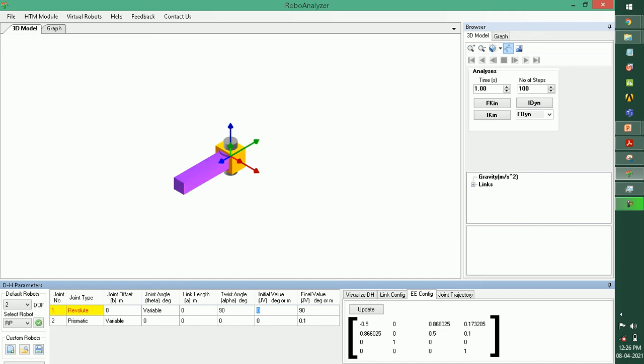So you have to fill that value over here in joint angle, 90. After this, you have to fill the value of link length, which is going to be 0 in our case. Over here you can see that the joint angle is going to be variable, so that value is filled over here, 120 degrees.